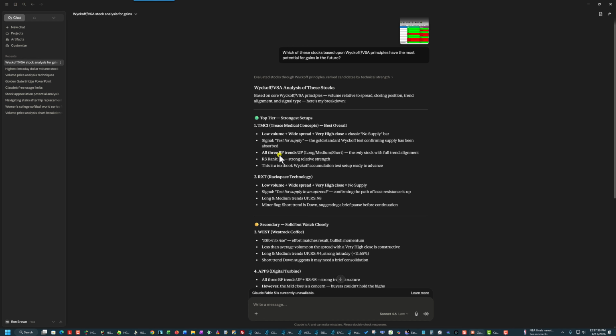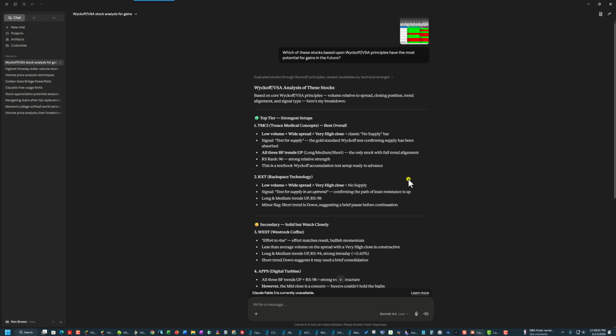All three BF best fit. VPA trends: long, medium, short. The only stock with full trend alignment, relative strength rate 96. This is a textbook Wyckoff accumulation test setup ready to advance. And then number 2 was Rackspace